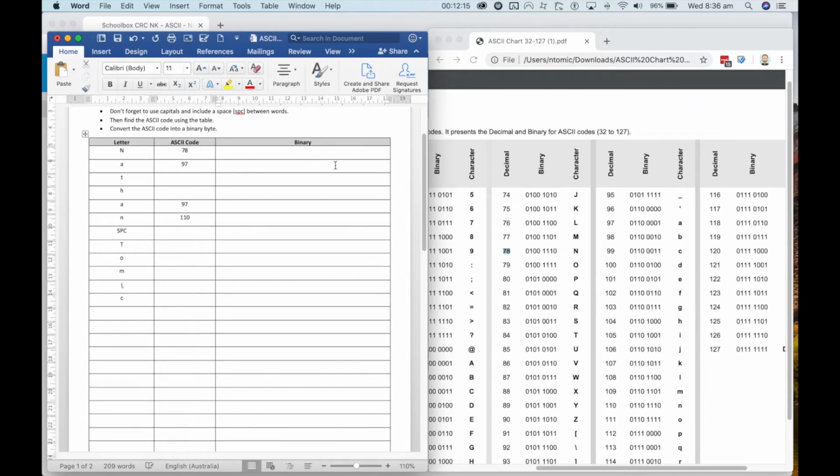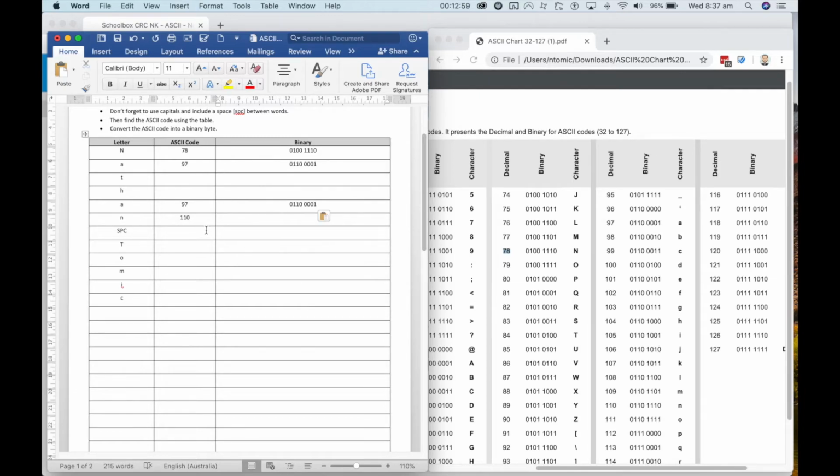So in this column, I would write the binary for the value 78, which is 0100, leaving a space between it just to make it easier to read, and it's 1110. So that's what I'd expect to see in that column. If I do the lowercase a now, that is the value 97 in decimal, but in binary that turns into 0110, space, 0001. And again, if I'm being smart, I copy that and put it down here where I have another lowercase a already. And I keep doing that through all of my work